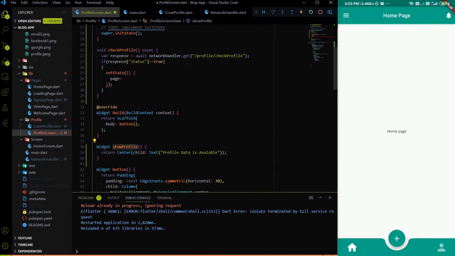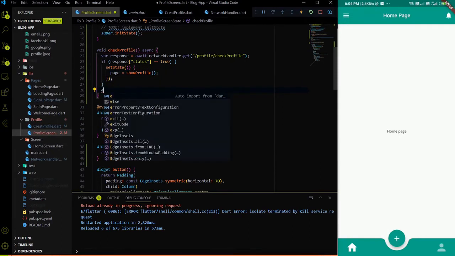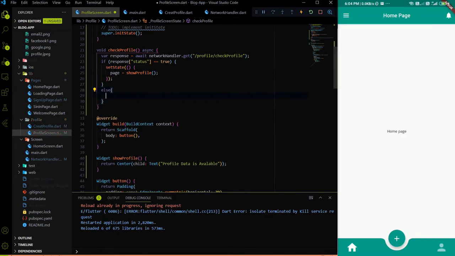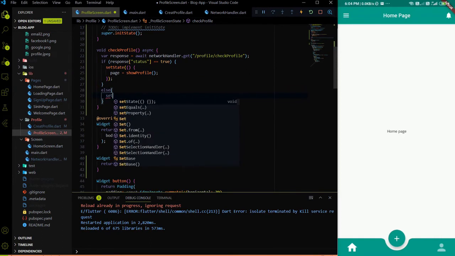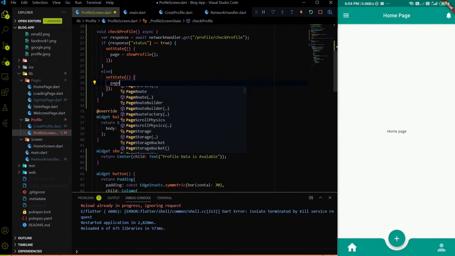Right now I'm showing only the text that profile data is available, but later on we will work on the real profile screen where we will show all the profile data and all those kinds of things. And if we don't have a response as true, then we will show the user the button, and we will set the page to the corresponding button.